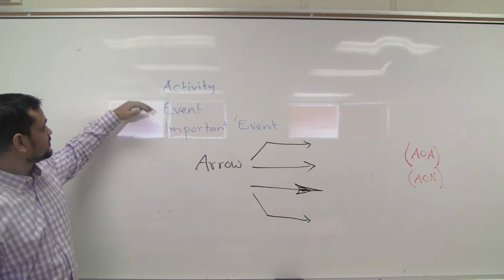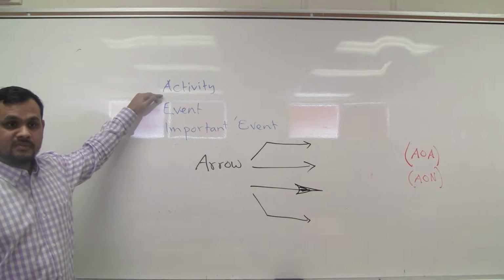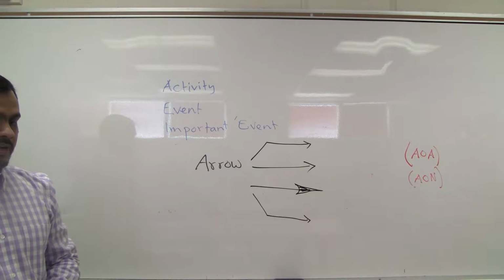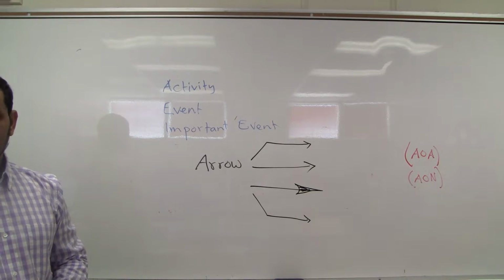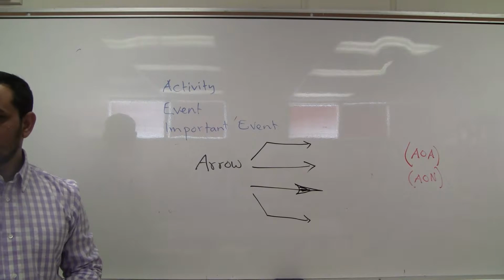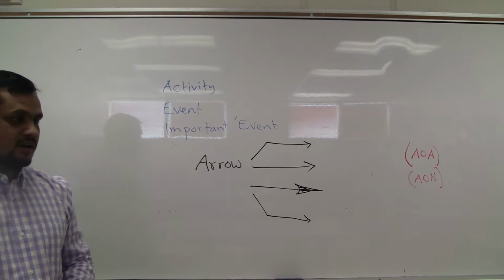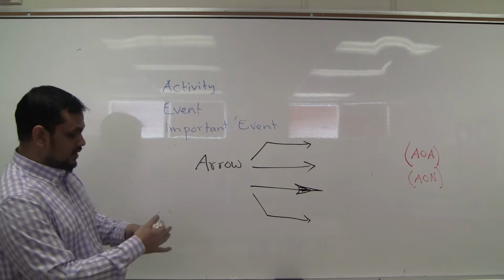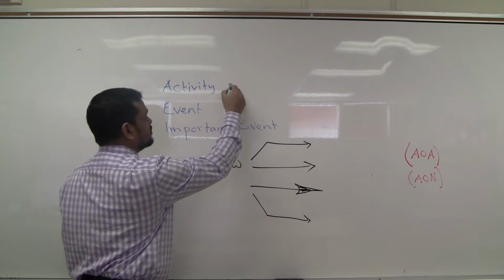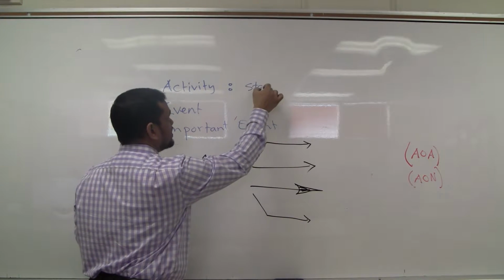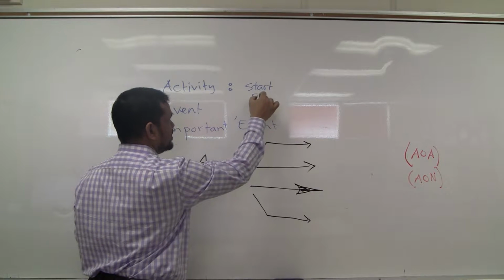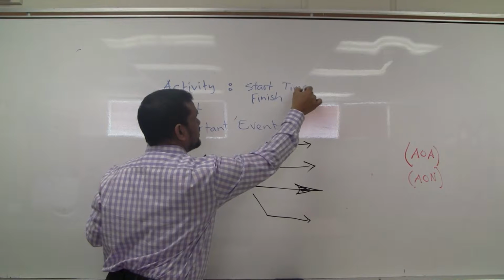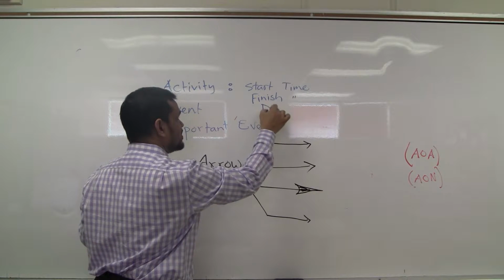Come here now. Activity. Activity means the task of our project. Say we will excavate, clean, pour concrete, or make a form, curing. That is some activity. Activity will have like start point, finish point, or finish time. Say start time, finish time, and some duration.